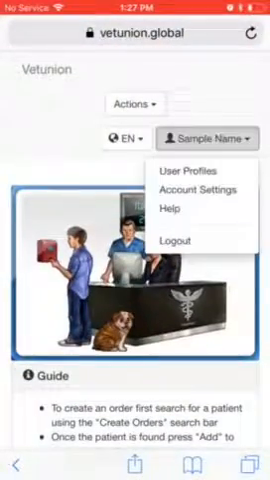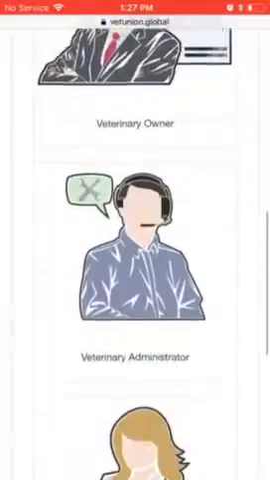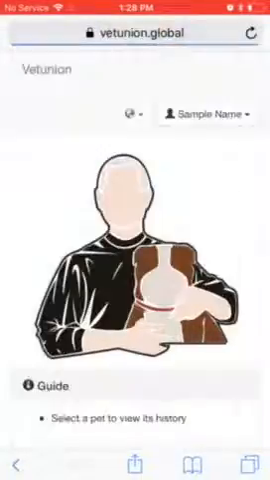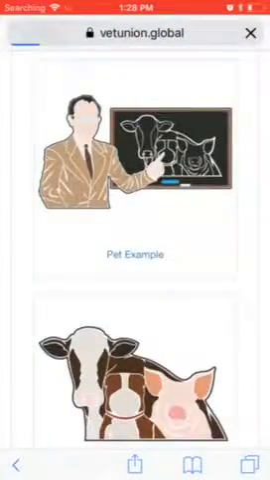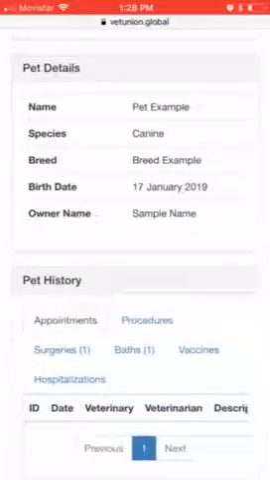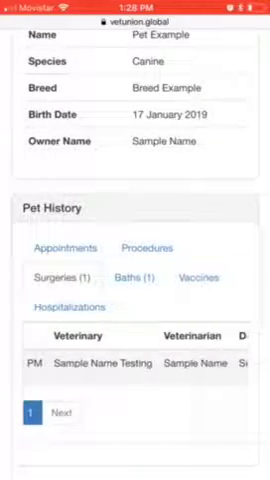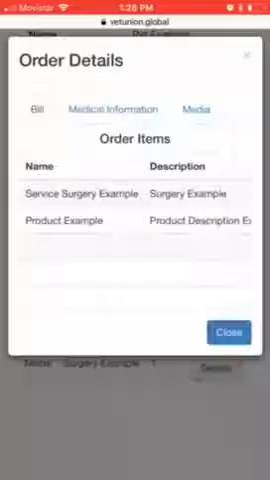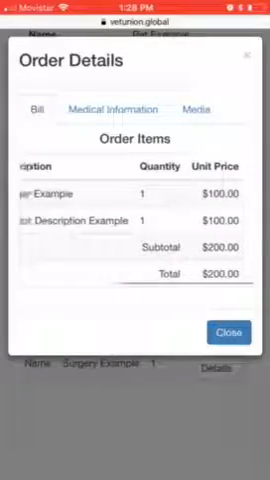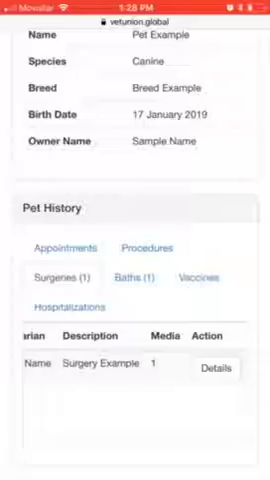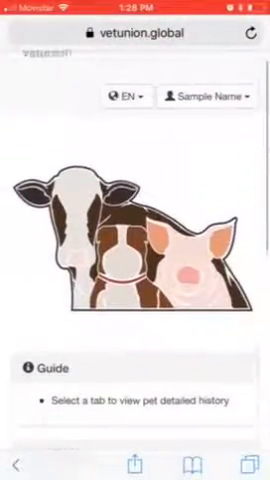And then on the last user profile, the pet owner, everything appears in the pet's history about the surgery. So here it is. You press details, and here's the... and that's how you process a surgery in the